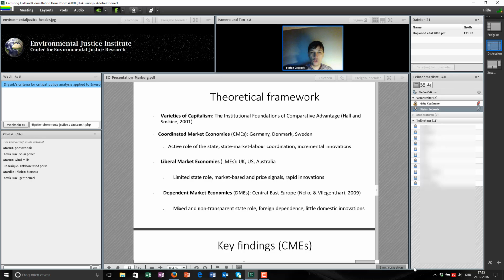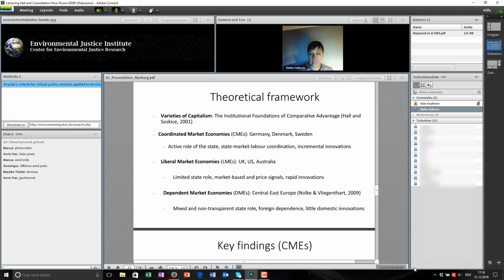In our two papers we drew upon this conceptualization. There are two ideal models of capitalism, but because we wanted to look also at Central East Europe, we also included another model of capitalism, which is called dependent market economies. And dependent market economy is basically a term which was coined to describe the economies in